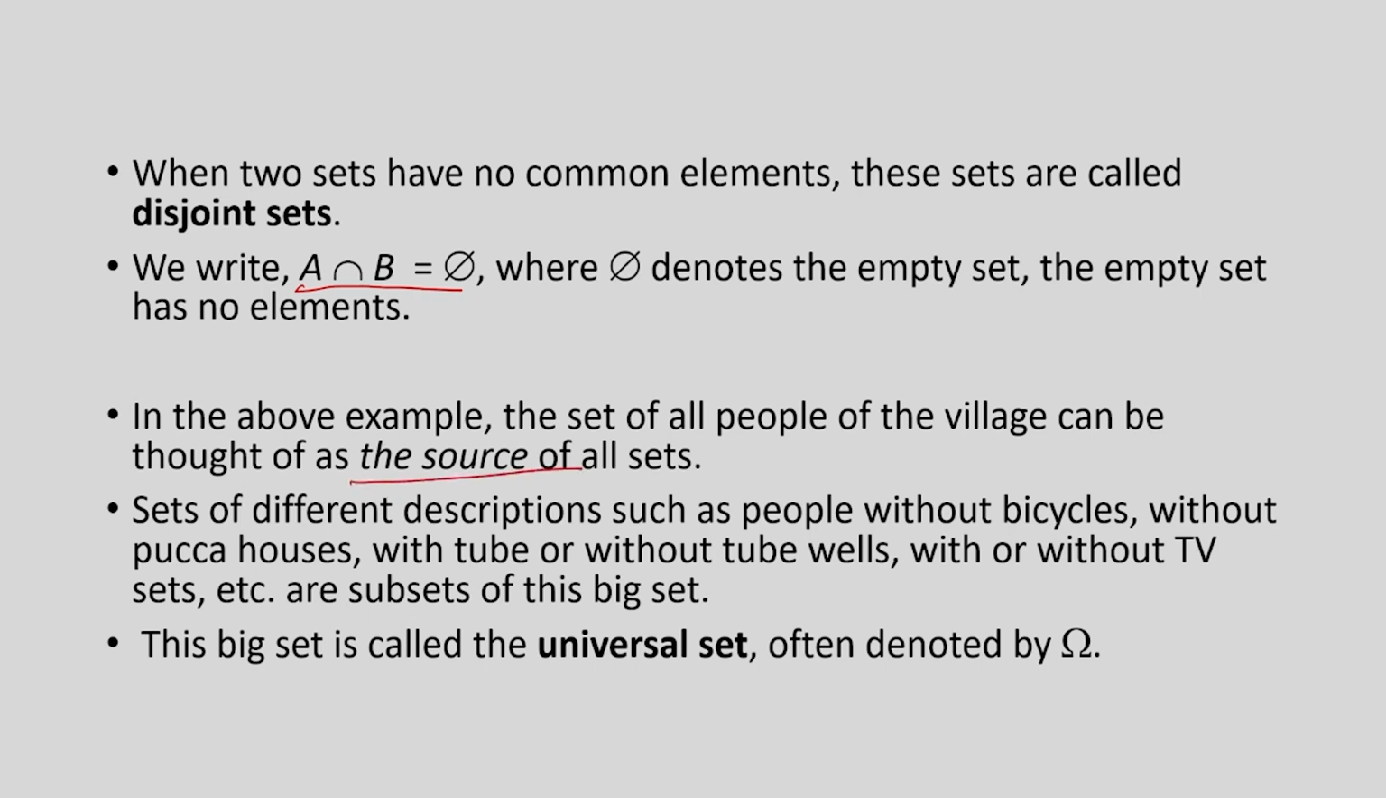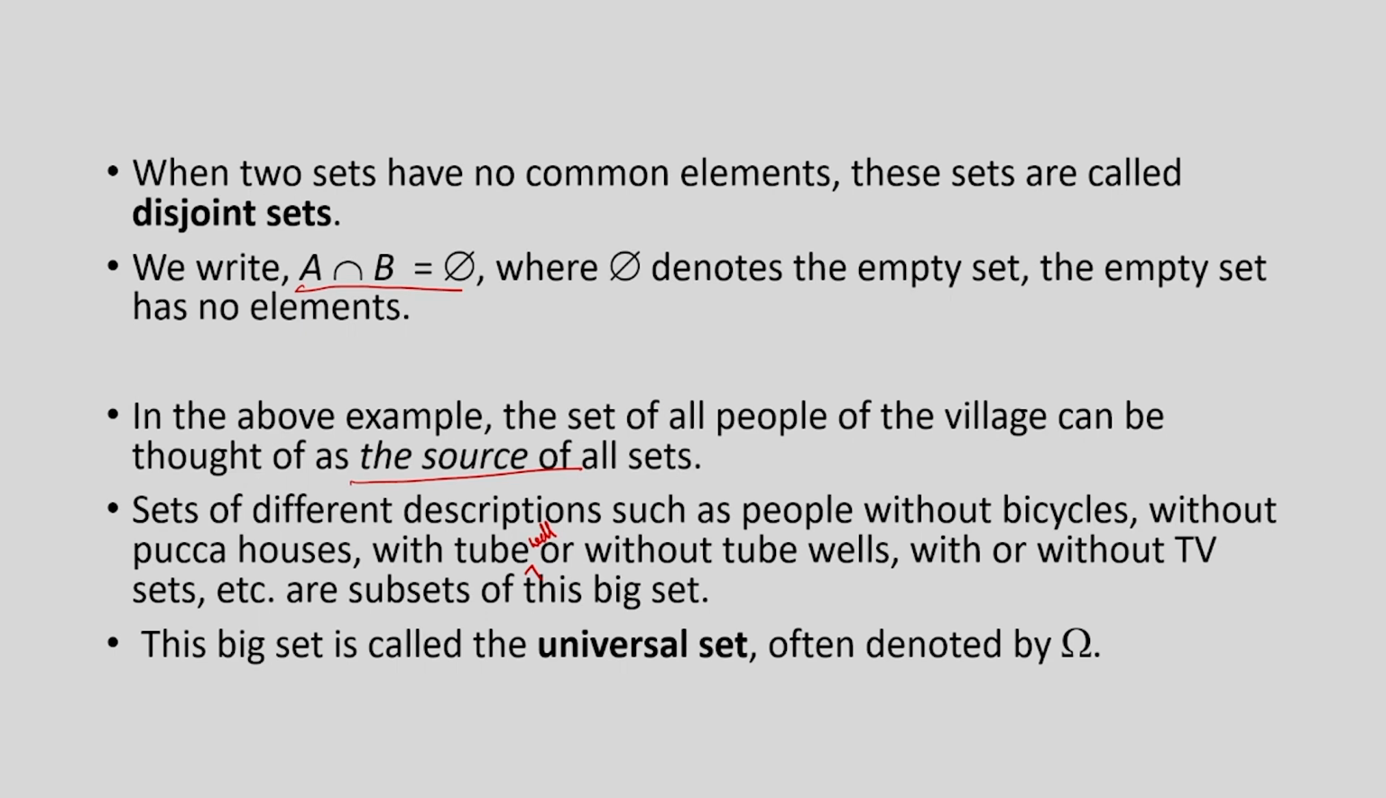Sets of different descriptions, such as people without bicycles, without pucca houses, with tube oil or without tube oil, with or without TV sets, etc. So, these are the different descriptions of sets. These are subsets of this big set. Okay. So, for example, in this example A and B are subsets of this big set of people of the